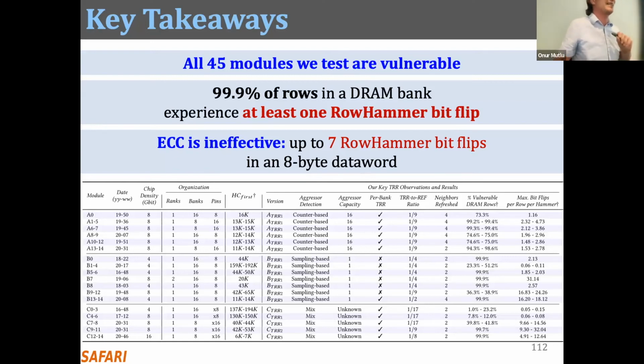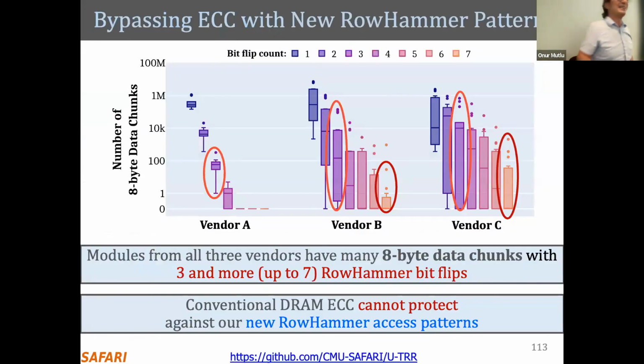But I have to get you the percentage across the entire DRAM chip. We could have 7 RowHammer bitflips, but only a large percentage may not have 7. Right? That's true. Actually, I have this over here. This is the distribution. But a large percentage may still have a reasonable number. So ECC is not a cost-effective solution. Of course, you can make your ECC very strong, but it's very expensive also. But a checksum technique could detect. That's true. It won't correct, but it can detect. Detection techniques should work. I agree. But we want to get rid of all of these bitflips, right? We don't want to have any corruption.